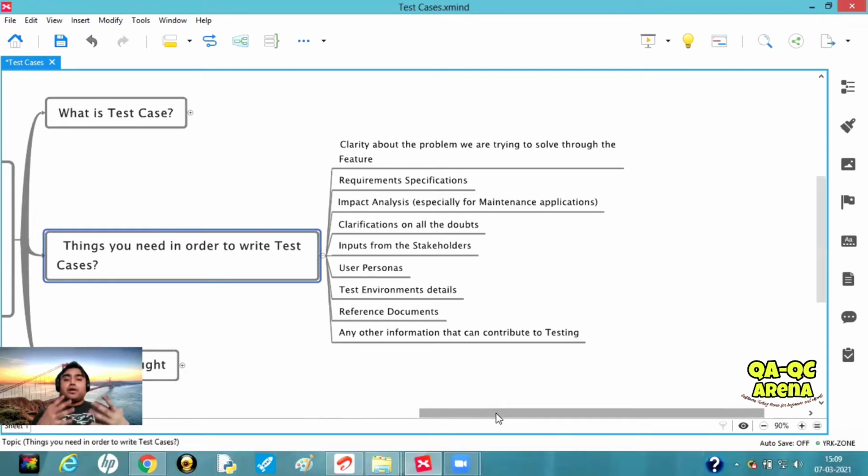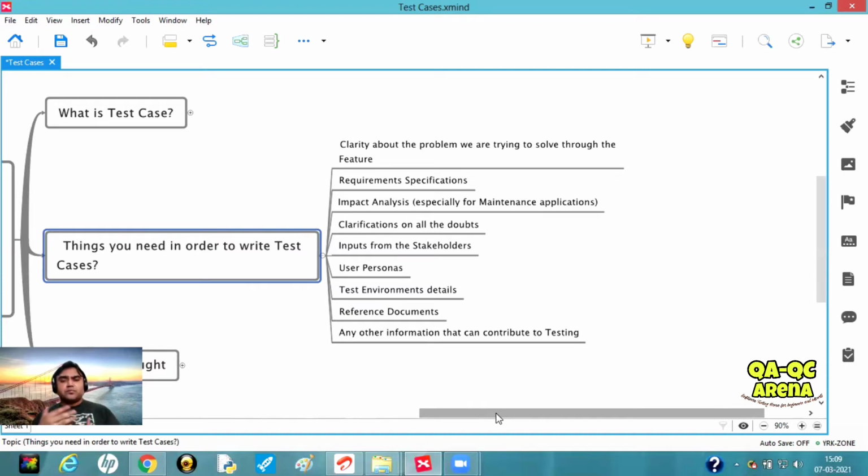If you don't know, talk to the people: stakeholders, developers, other testers within your team, business people, then the product team. Talk to them, find out where things are getting impacted, and make sure that you are considering those areas, those scenarios, those use cases in your detailed scenarios and test cases.